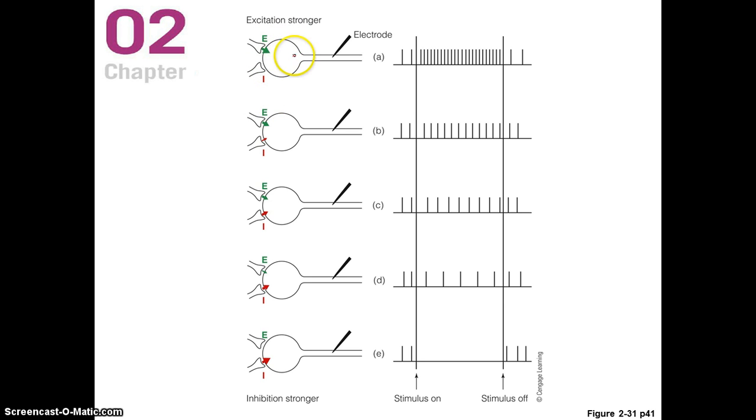So for any particular neuron, let's start up here, for example, this is showing how the activity of a single cell changes depending on the amount of excitatory input this cell receives, and as well depending on the amount of inhibitory input, whether this cell generates an actual